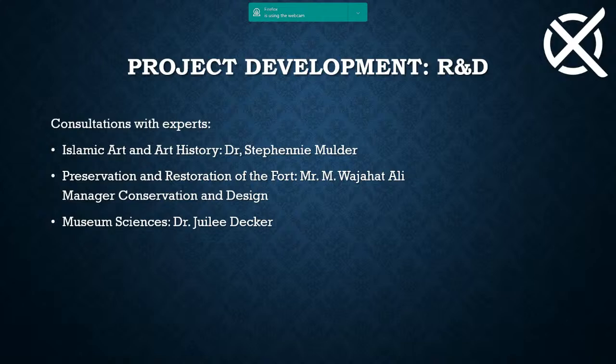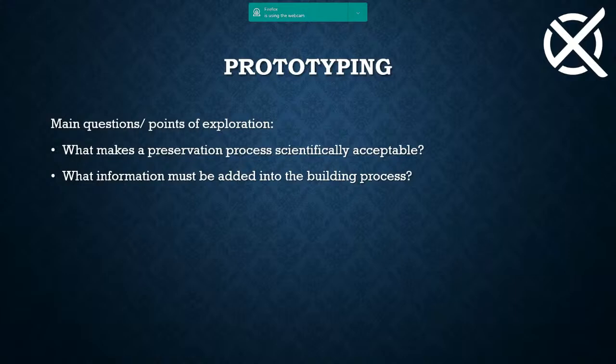However, I am very proud to say that I think this method has sparked a great deal of interest all the way across. The big questions in the process of prototyping are about what exactly needs to be done to really preserve a monument or any aspect of it. What makes something scientifically acceptable versus just artistically exciting? And that information has to be distilled into an existing CG building process, which is both easy and difficult, because all it means is